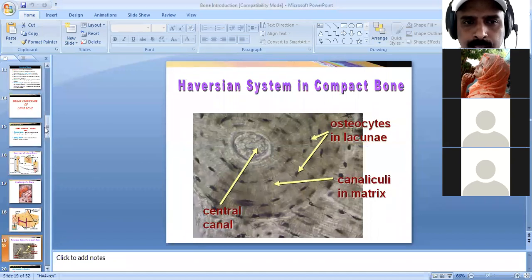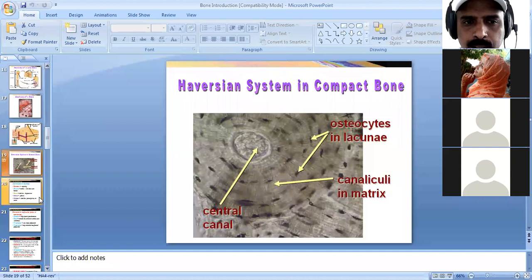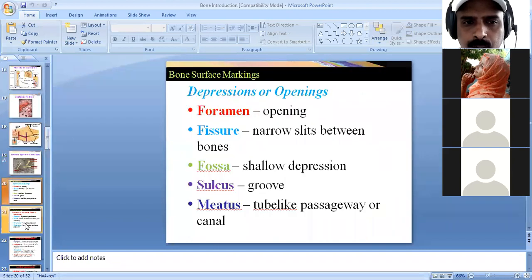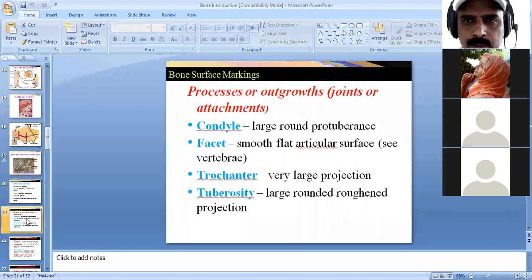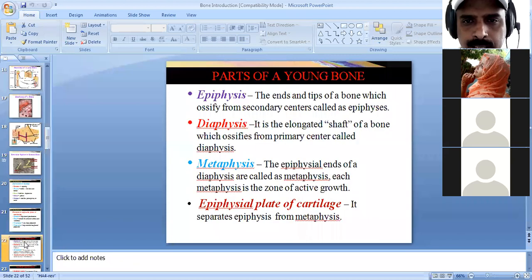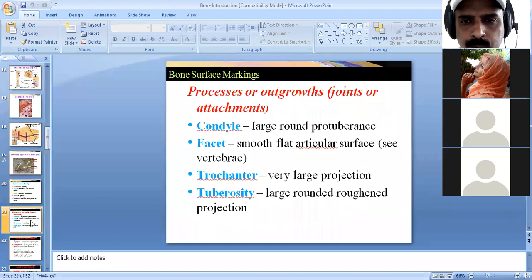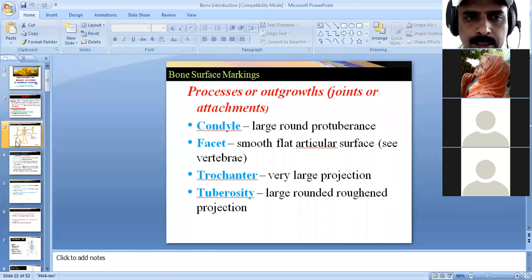So next come the slides I am showing. I hope you have understood almost all the points I have explained. Next, I am going to take the remaining part of the bone in the next lecture. So, my dear students, today's major question will be: define bone, classify the bone, and functions of the bone. This is a 5 marks question that will be asked in the exam.